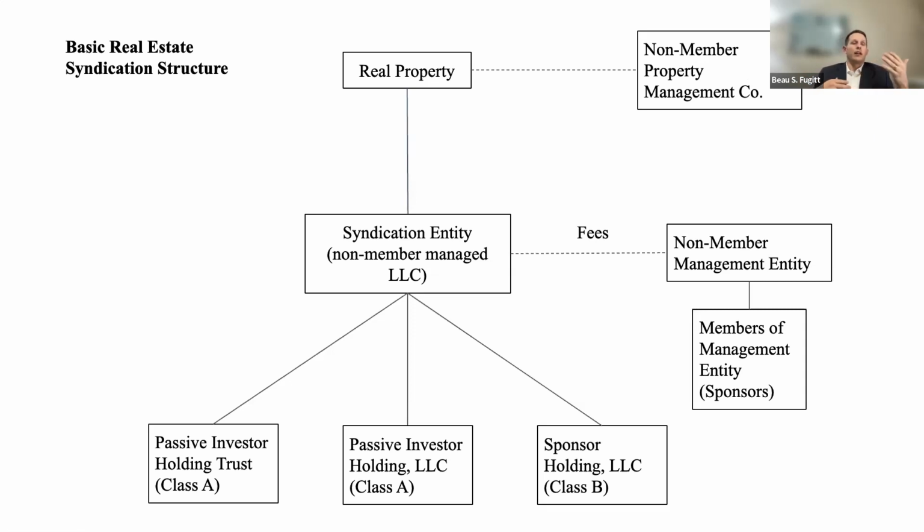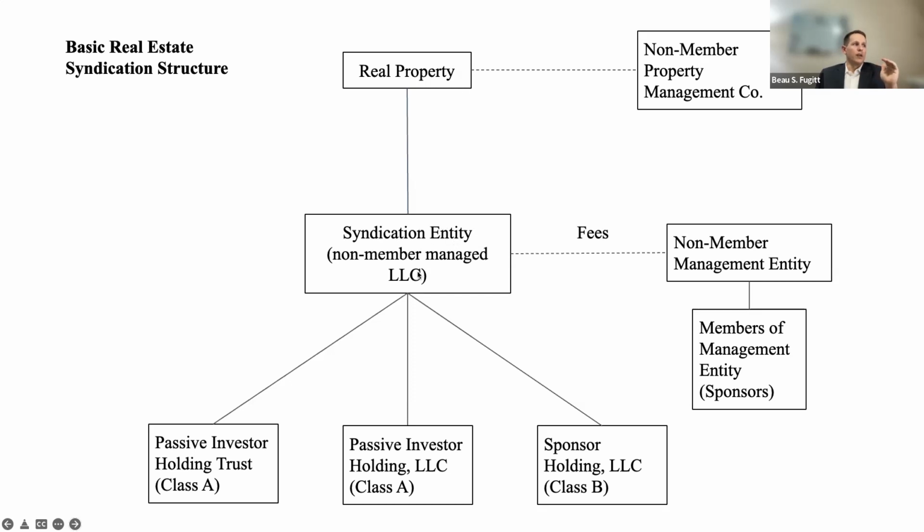Because if there is a claim for discrimination, let's say, we want them to have to sue the property management company, or we want the judge to say the person at fault is the property management company, not the actual person on the title to the real property. I say person because an LLC or limited partnership is a legal person. So that's the first step. Hopefully, if there is a judgment, it's going to be on these folks, not down here.